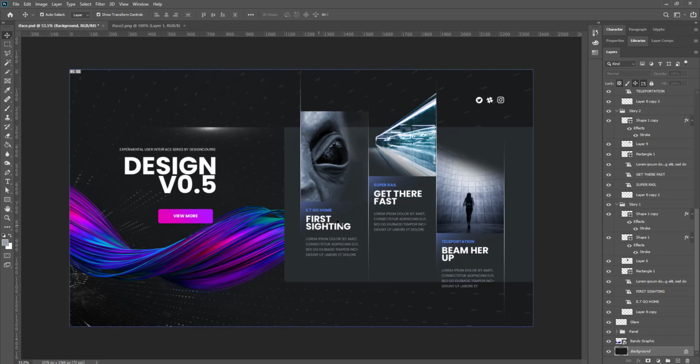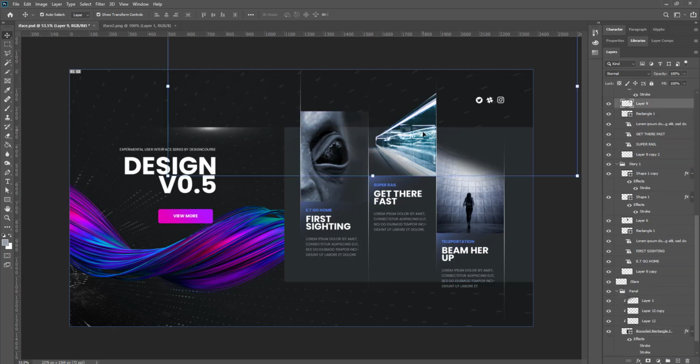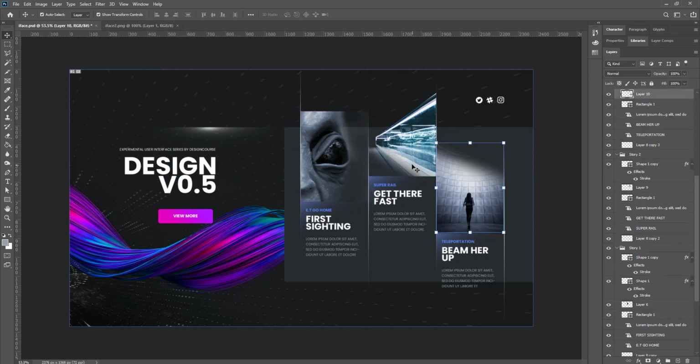So I exported the things that I need to export, this image and this one, okay, this image. I don't know why it's that big, but I guess it's because of how they brought it in. Now, while I was exporting this image, I found out that it wasn't the same height as these two. So I had to bring it back to Photoshop and just make it the same height as these two,